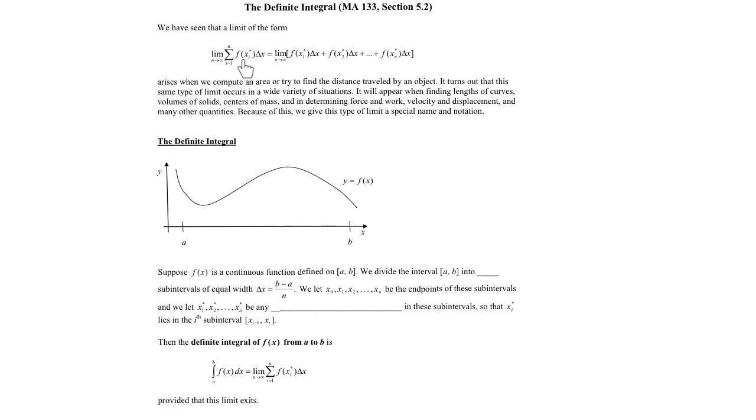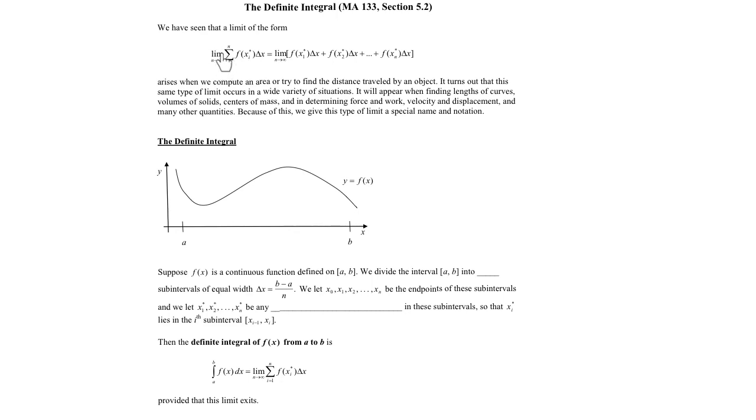But basically, each one of these is a rectangle. So we've got the height of the rectangle, right? The function evaluated at the x coordinate, which will give you the y coordinate, or the height, times delta x. So this is the area of a rectangle, and we sum them. And if we were to do that with 100 rectangles, then 1,000 and 1,000,000, we use the limit to find